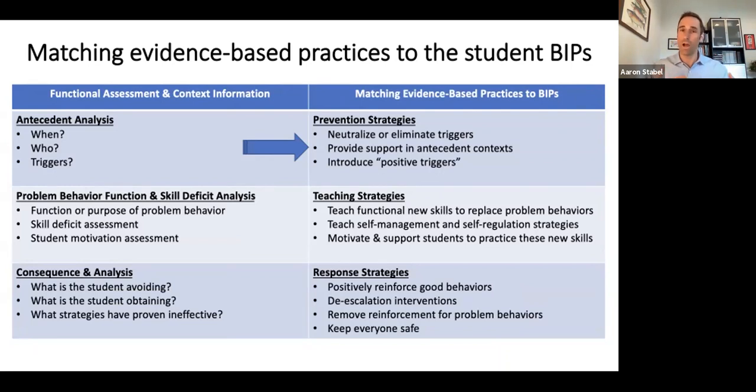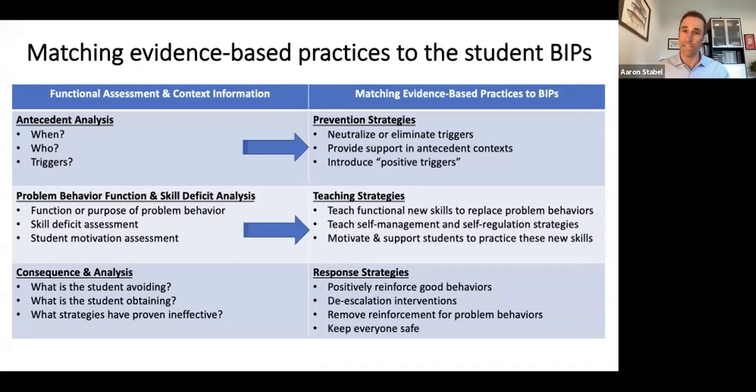So when the kid is walking into a trigger situation, how are they being supported or encouraged to cope in those environments? And then thirdly, just remembering that antecedents and triggers are not good or bad. They trigger positive behaviors as much as they trigger negative behaviors. So part of prevention is really inserting positive triggers that will elicit and provoke good behaviors in a kid. And I'll show you a million examples as we move forward on our case study on how we would do that.